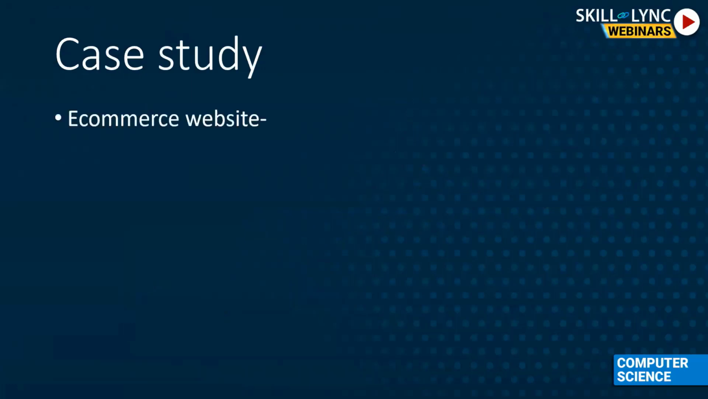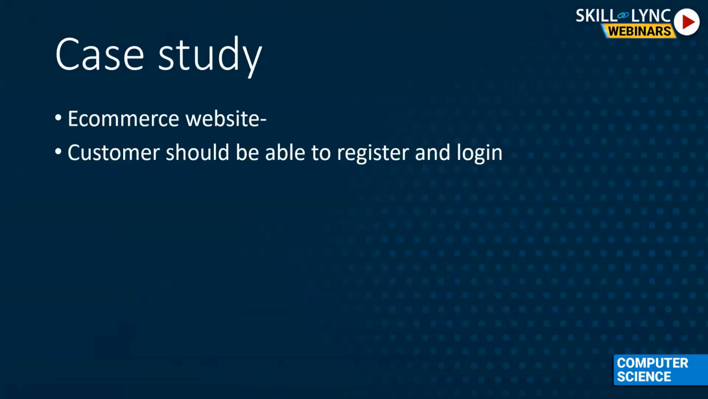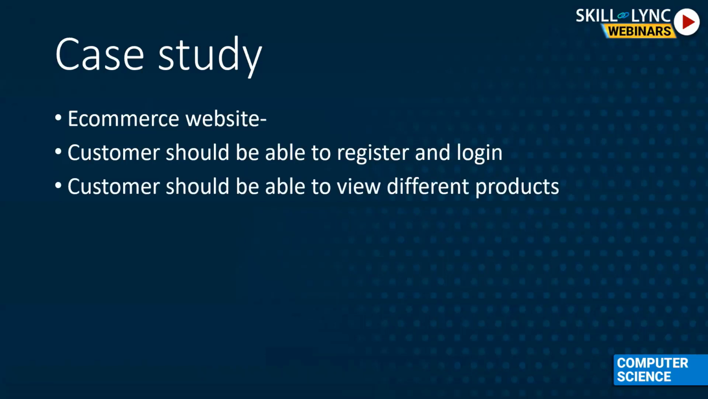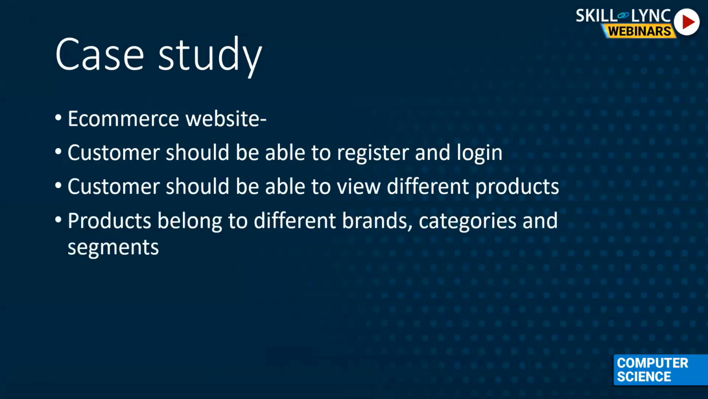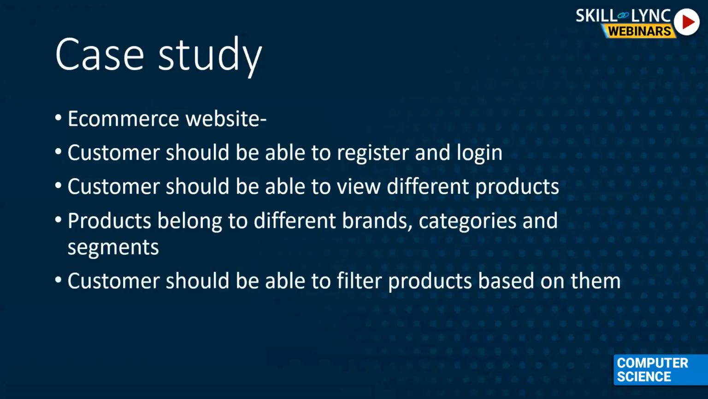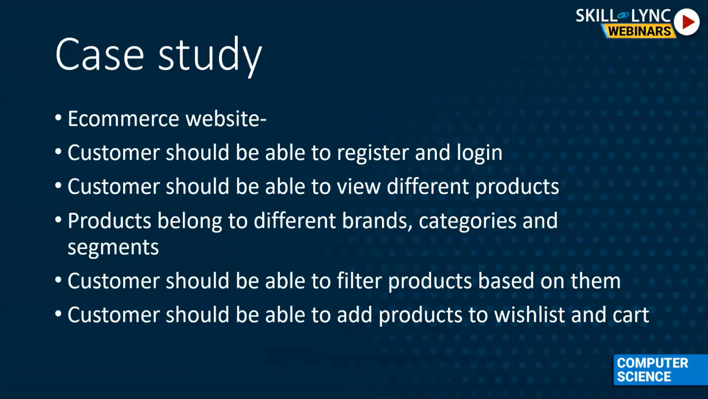Now let's do a case study. If you have an e-commerce website, your customer should be able to register and log in. Your customer should be able to view different products. Your products belong to different brands, categories, and segments. Customers should be able to filter products based on them. Your customer should be able to add products to wish list and cart. Now, can you see there are so many nouns over here, and all of these nouns will become entities in